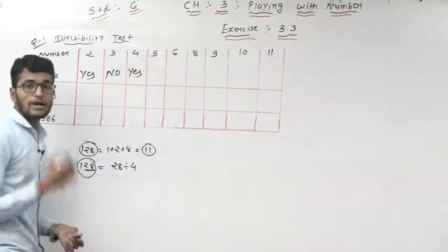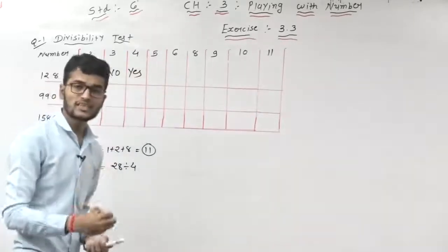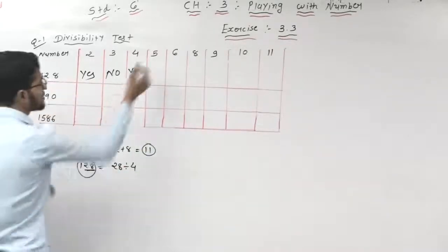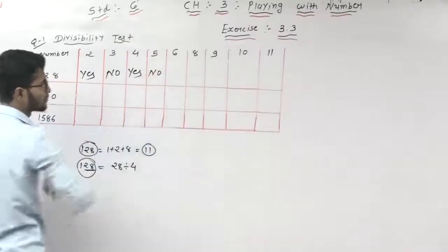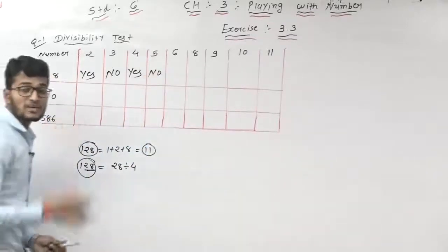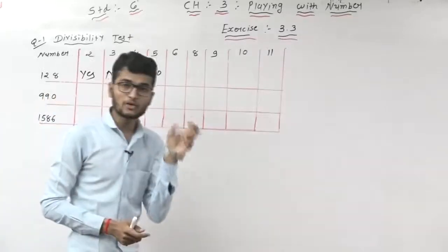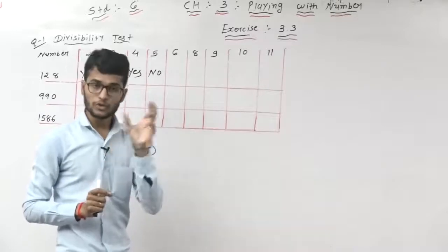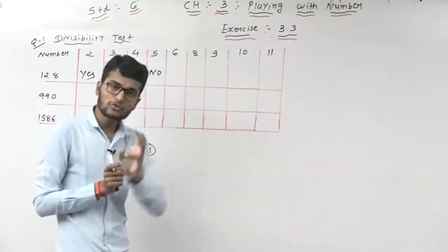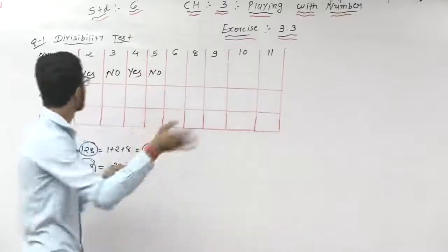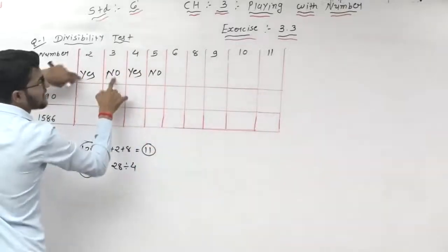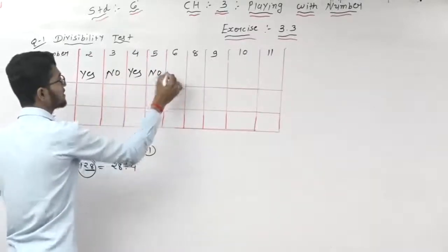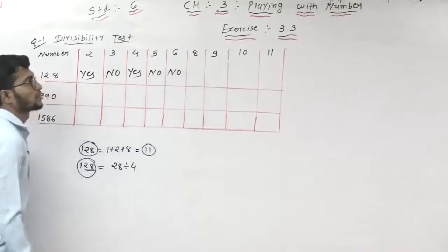Then after that, 5 में check करना हो तो last digit या तो 0 होना चाहिए या फिर 5 होना चाहिए. So here 0 भी नहीं है, 5 भी नहीं है. It means 5 के साथ divide नहीं होगा. Then after that, 6 में करना हो तो if any number is divisible by 2 and 3 both, then this number is divisible by 6. 2 और 3 दोनों के साथ divide हो तो ही वो number 6 के साथ divide होगा. Now check, 2 yes but 3 no. Then is this number divisible by 6? No. Why? Because here 3 is no, then 6 is also no.